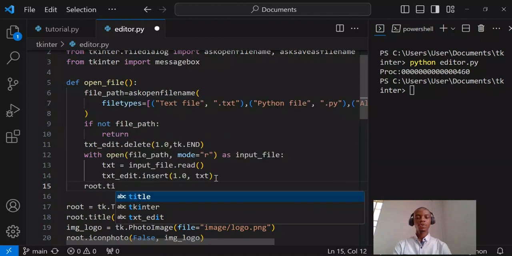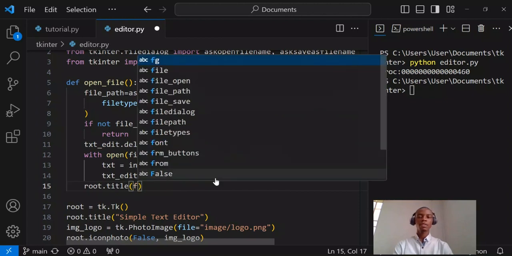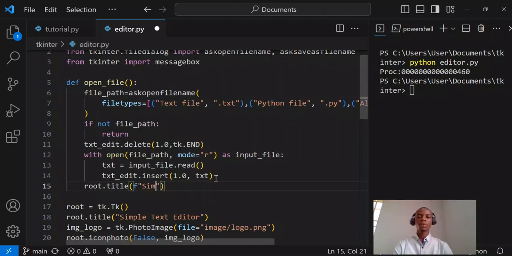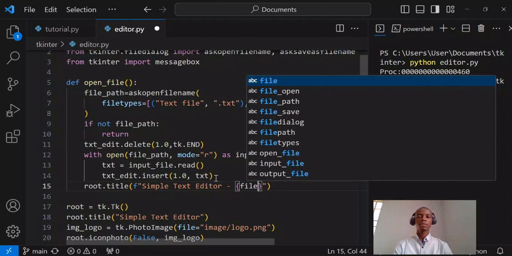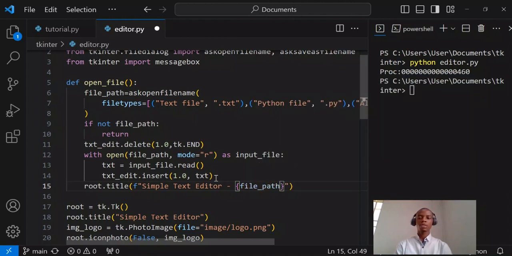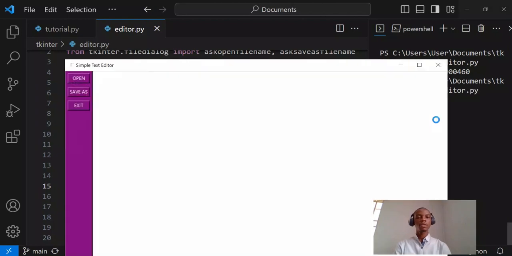dot title, or simple test. I'm going to use format test. So simple test editor, and then I'm going to add the directory I want to use here, which is file paths. My file paths here. So once I save this now and I run my program again, you see what this